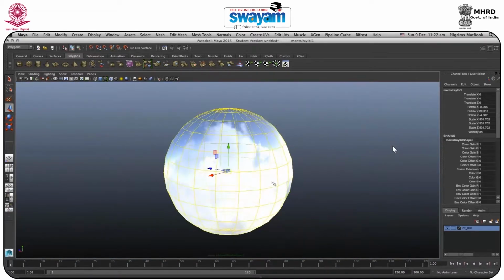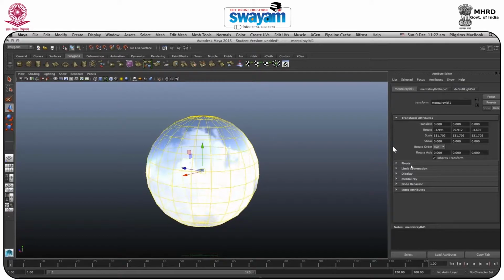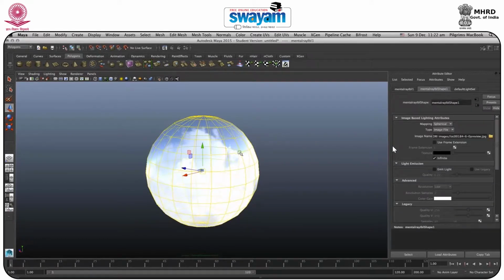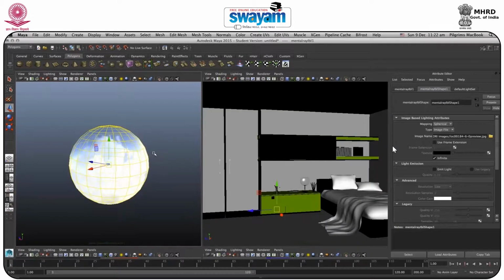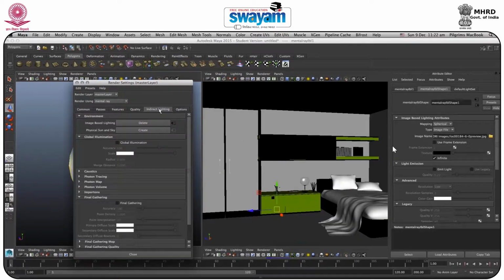Now you have to select the dome, and by selecting the dome you can go to the attribute editor, and here you have the details of all the things. So you have all the things like advanced, you have legacy, and you can go to mental ray, and you can have the transform and all. Okay, so by selecting this light, and one more thing, we'll go to render settings again, and in indirect lighting